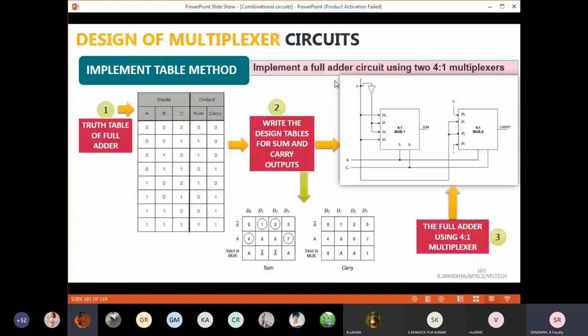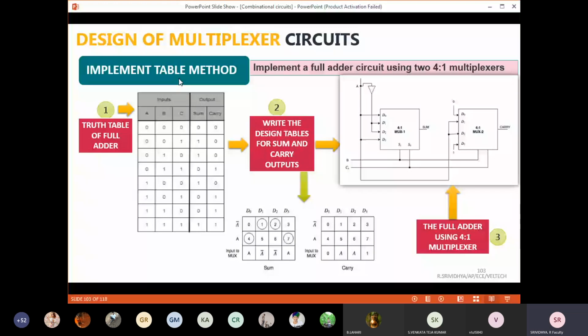3, ma'am. Yeah, very good. How many inputs? As he said, 3 inputs are required for a full adder. That you all, I only taught you all. And this truth table is not something new to you all. This is an example of the implementation table method. I will tell you all why I am telling this as the implementation table method also.